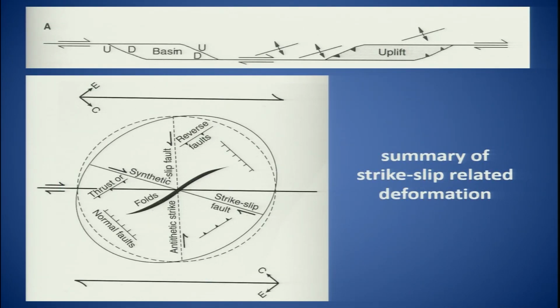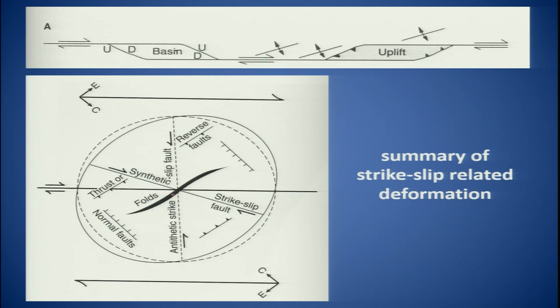So similar things together. If you have the right lateral, then what you will see is the pop-up or push-up here. So you have the formation of a pressure ridge, whereas if you are having, so this will be your left stepping, this will be your right stepping, so you will have the formation of the basin here, and similarly which